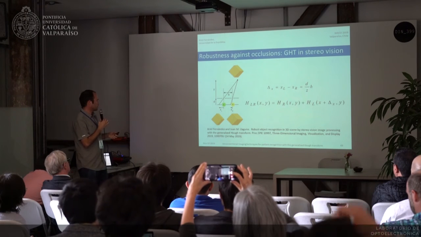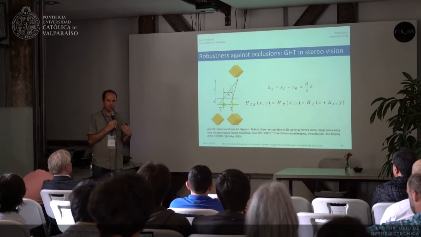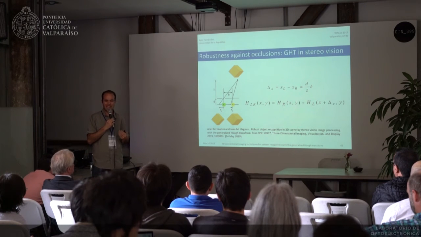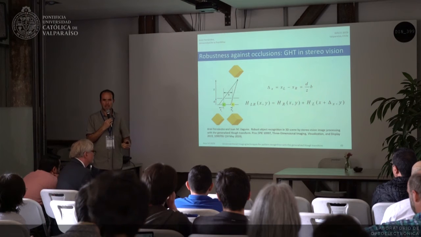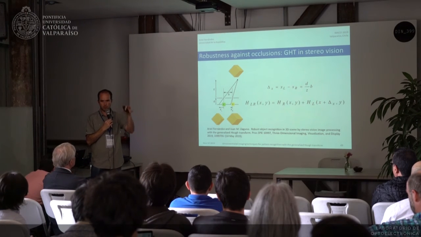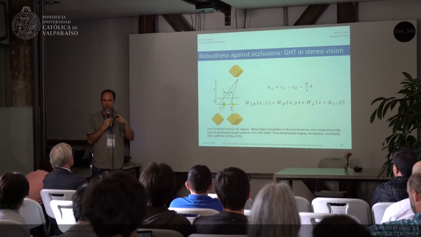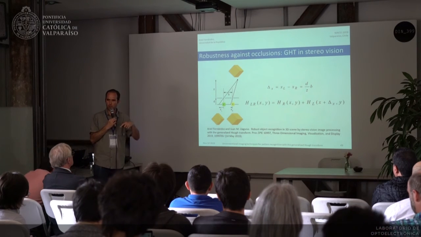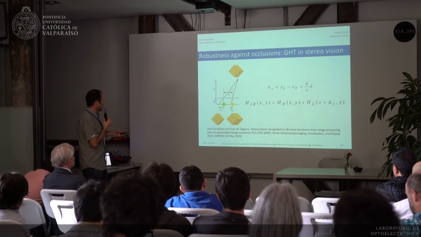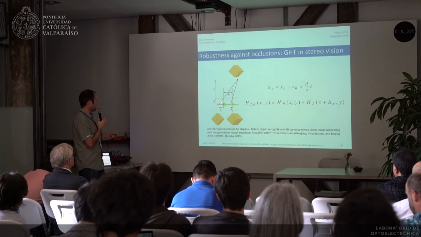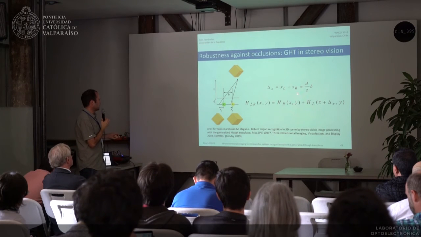It's unconventional because the usual approach to this problem is to retrieve the 3D map of our scene and then use a 3D template to fit over this map. But we can do a fit of our template in each of the images of our stereo pair separately. We know that there is a certain connection between the images that we are looking at,